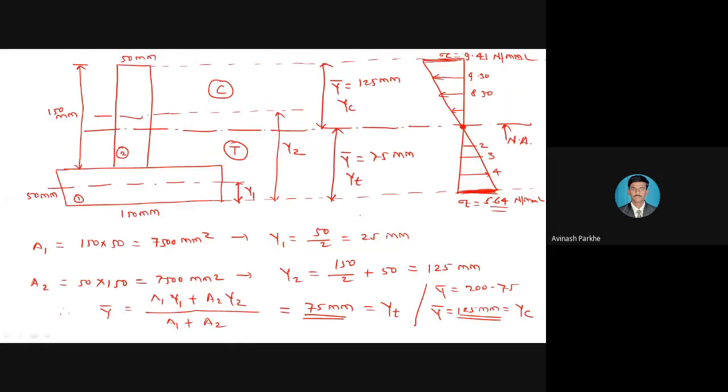Now if you go through this particular figure, neutral axis is this center line I have drawn. Below the neutral axis the portion is tensile, above the neutral axis the portion is compressive. Therefore whatever tensile force is developed, it will be developed below the neutral axis only. The maximum tensile stress there is the one we calculated, 5.64. So while calculating the tensile force we have to consider the bottom region of the neutral axis. Whatever hatching I am making, only this much region we have to consider for the tensile force calculation.